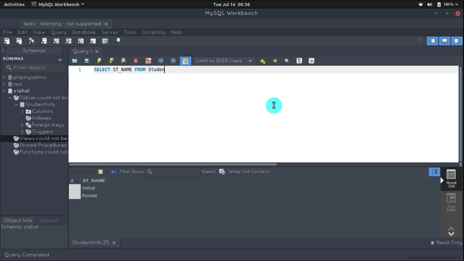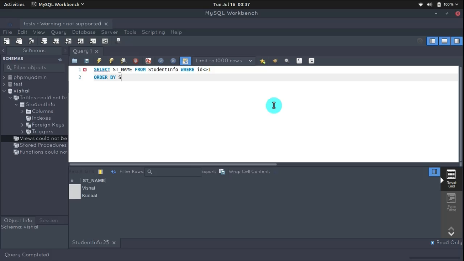So first I will write select st name, which is the student name, from student info, where the value of ID is not equal to 1, and I'm going to write here order by ID,